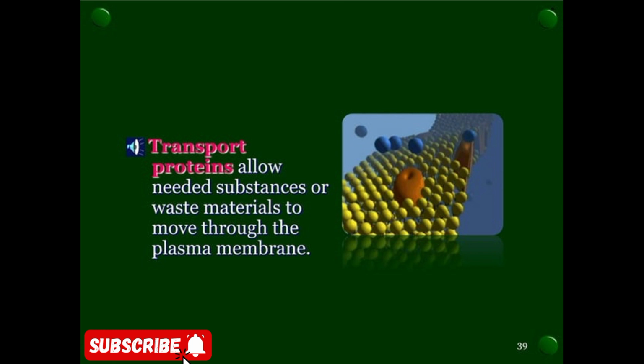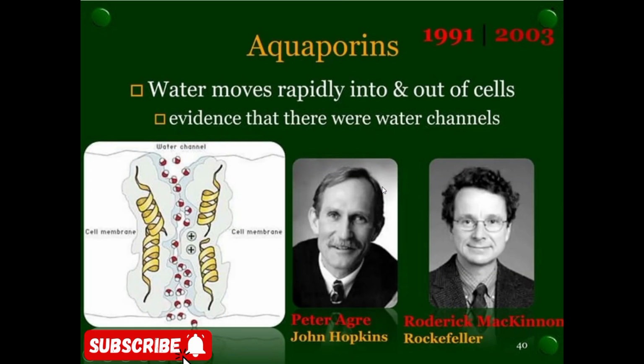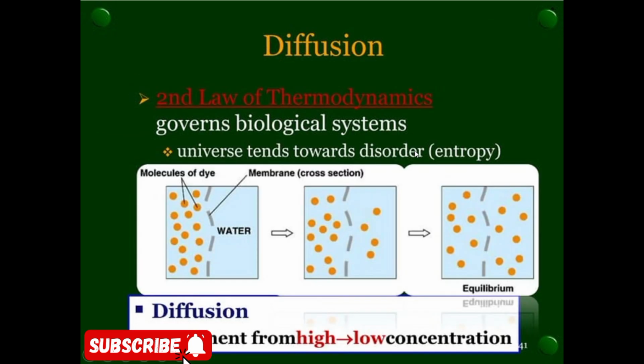Transport means the transfer of any material from one place to another. So transport proteins are the proteins that allow needed substances or waste material to move through the plasma membrane. Aquaporin: basically, water moves rapidly into and out of the cells. Evidence suggests that there were water channels, and these were discovered by Peter Agre of Johns Hopkins University and Roderick MacKinnon of Rockefeller Institute, that certain water channels are present within the protein of the plasma